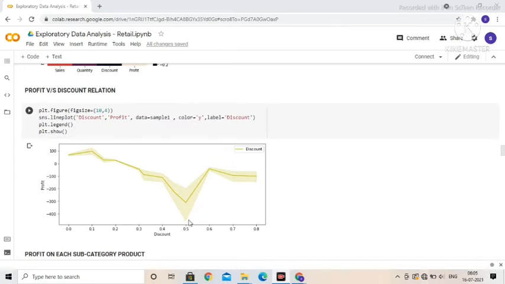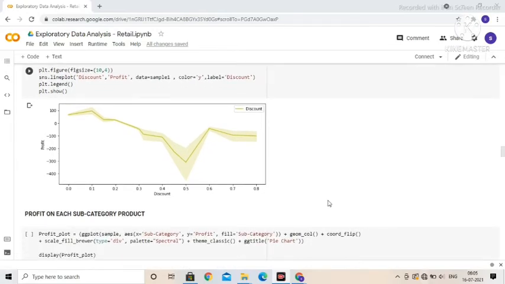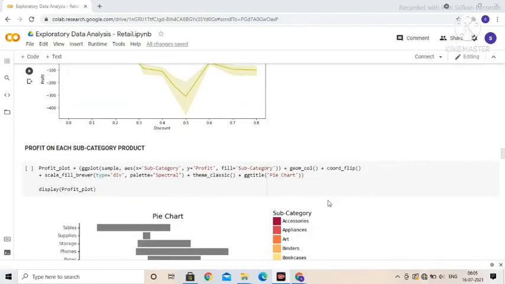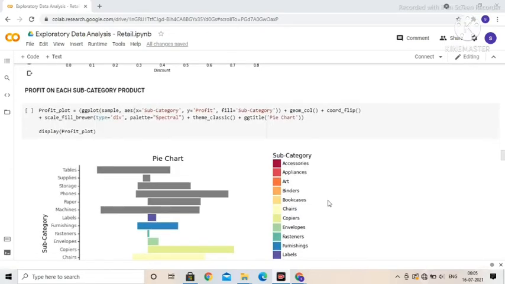So we can see that at 0.5 of the discount, profit is very much decreased from the normal value.